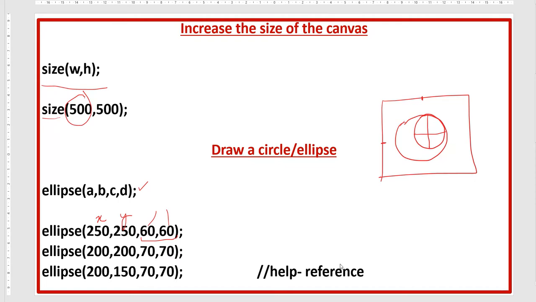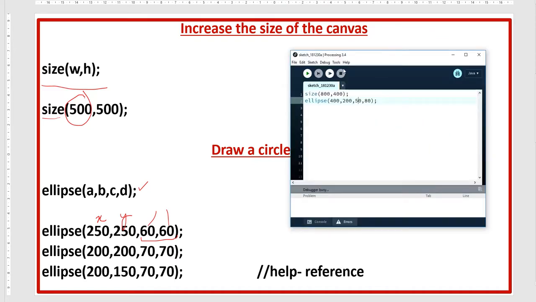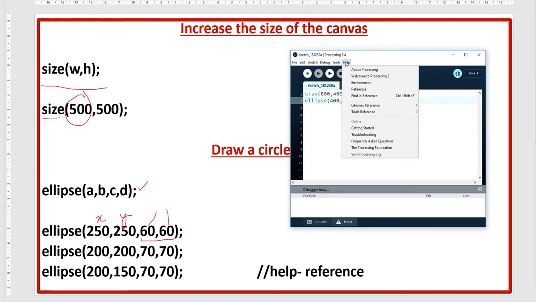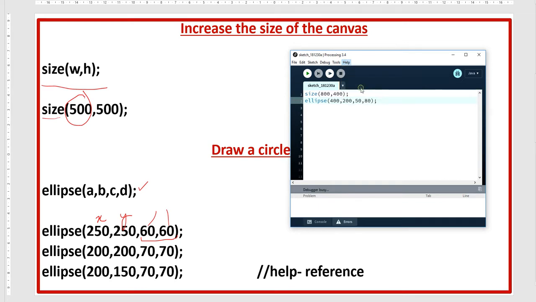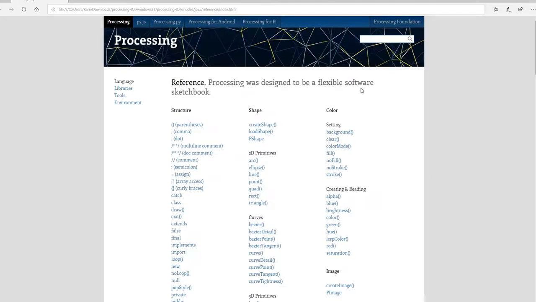Again, here I have mentioned help and reference. Now what is the meaning of this? Go to the help and then the reference. Go to reference. In the last lesson I told you that you can read the details of the line function or line command from here, 2D primitives. See, here is line. Now we have learned ellipse. So ellipse is here. If you want to read more about ellipse, click here.